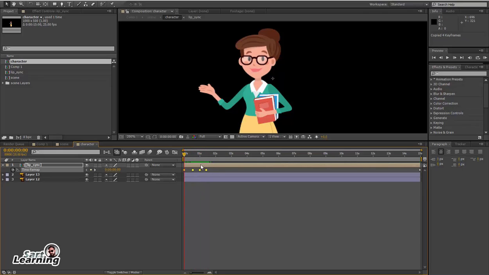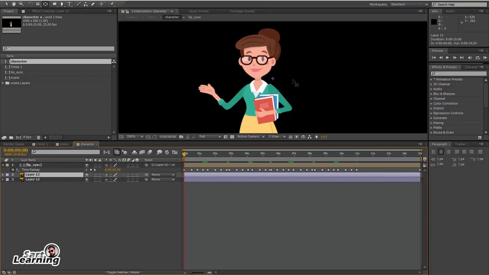Now my lips are animated, so you can copy all these keys and paste them in the whole scene. With this same process, you can animate the eyes or eyebrows, whatever you want to animate in the scene.